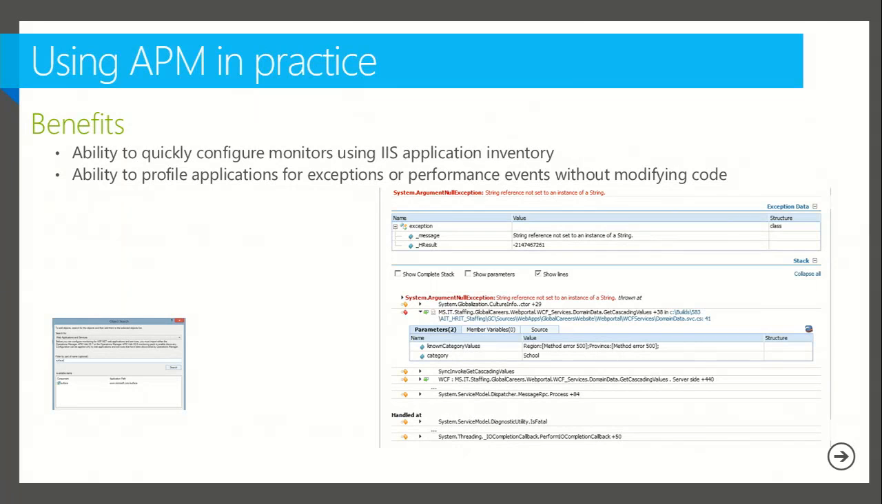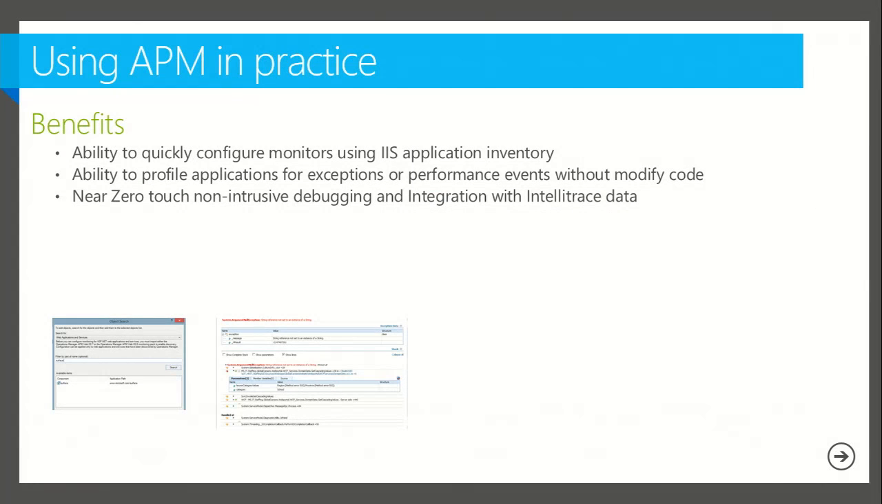This is huge. I don't know if you've done any ETW tracing, but the setup and all the restarts and whatnot that might be associated with that are a real headache, and we don't have to do any of that with APM. Near zero touch, non-intrusive debugging and integration with IntelliTrace data. You know, the fact that we get IntelliTrace capture for free is huge. We can send that over to dev. They have the full nugget of what's happened, and